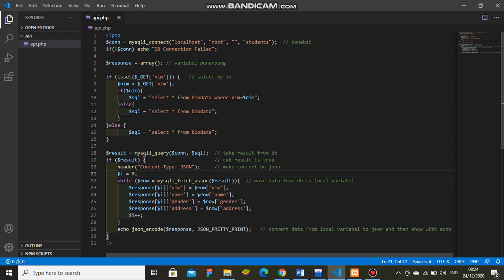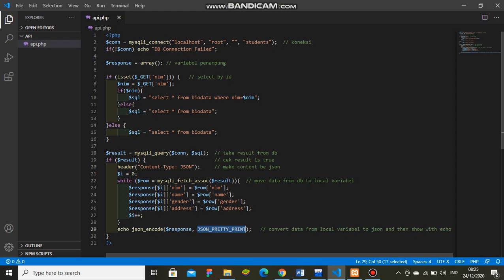Name, gender, address will be inserted into the response, our array variable. After we complete inserting the data from DB, which is here in row, we finish and move to response. So next we go to echo JSON encode the response, and don't forget to add this one,